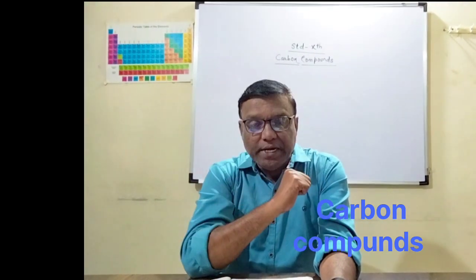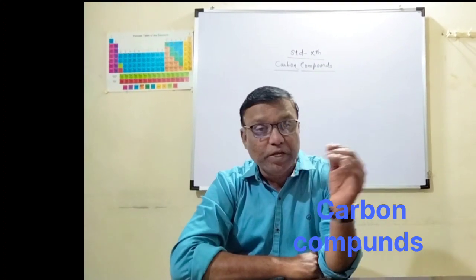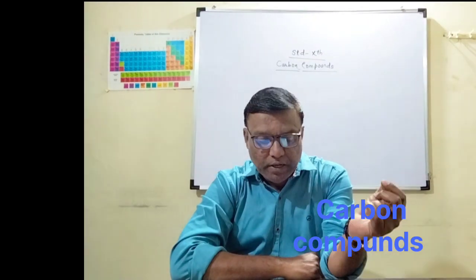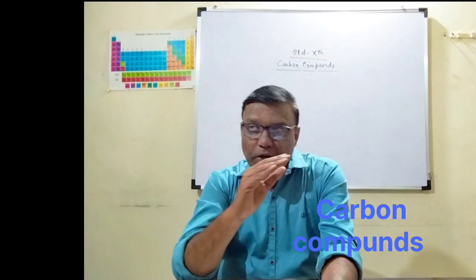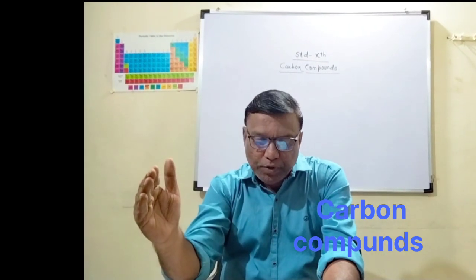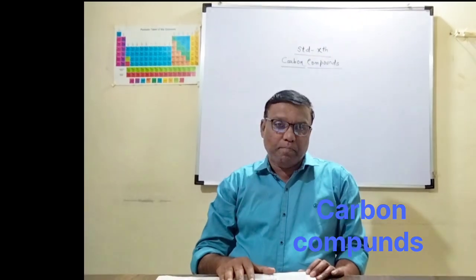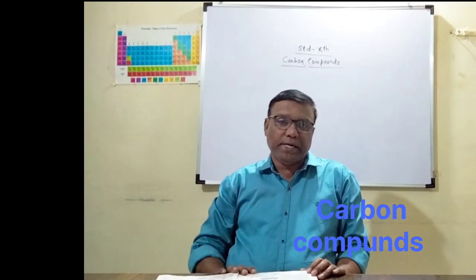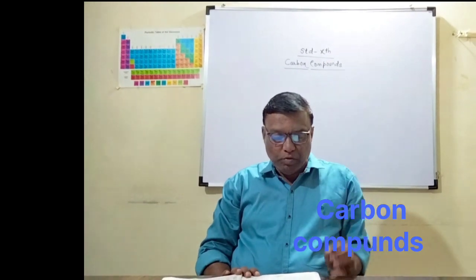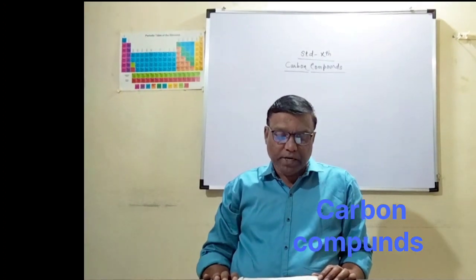Okay, second, in the second paragraph, page number 110, you can observe that point number two they have given is bonds in carbon compound. After some minutes we are going to see bonds in carbon compound. But under the bonds of carbon compound, the first important point we have to understand is the properties of carbon compound. So paragraph number two is related with the properties of carbon compound. Very short one paragraph is there. What are the properties of carbon compound?